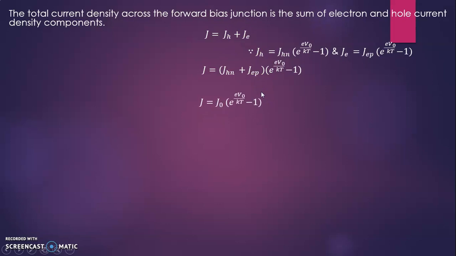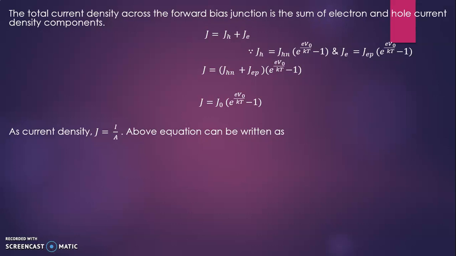Now we can simplify this equation as J is equal to J0 into (e^(eV0/kT) minus 1), where we have written the current density of hole in n side plus current density of electron in p side as J0,